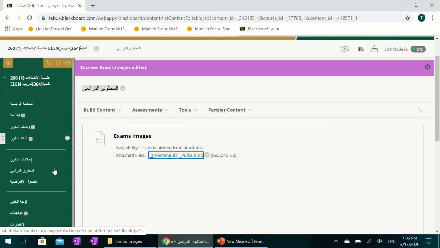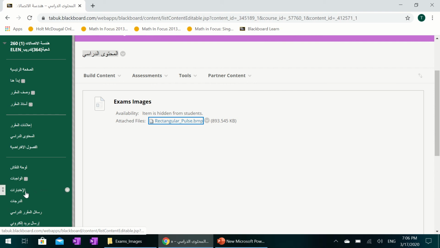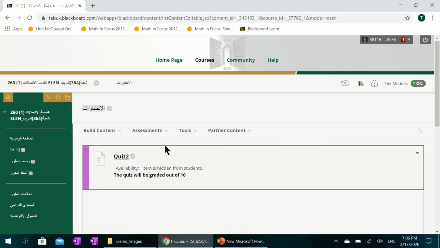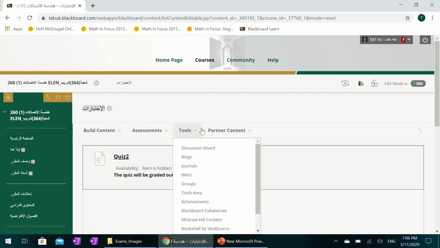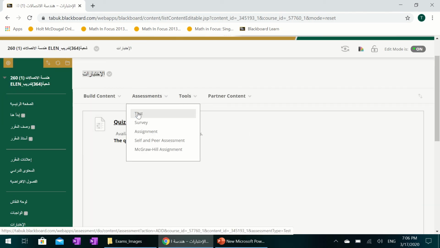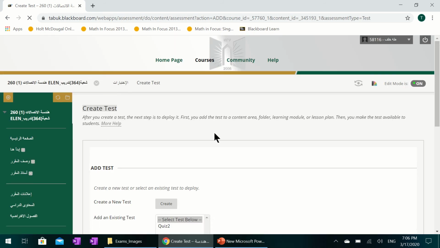Okay, now let's go to creating a test. I don't know why this one is in Arabic. It should be in English because I logged in using English. Anyway, so just go to the test, click assessment, test,